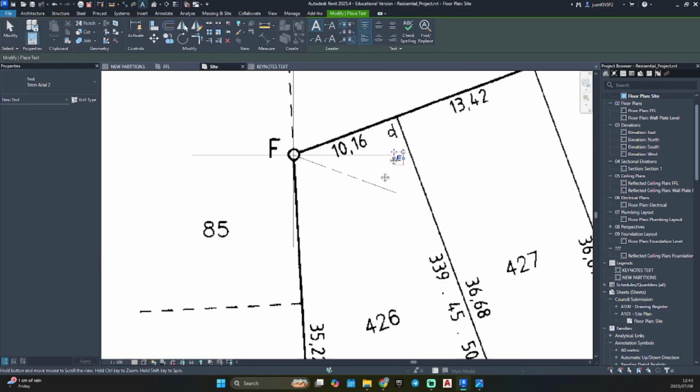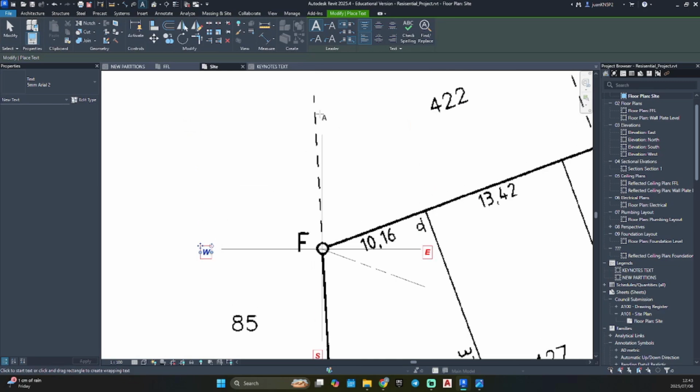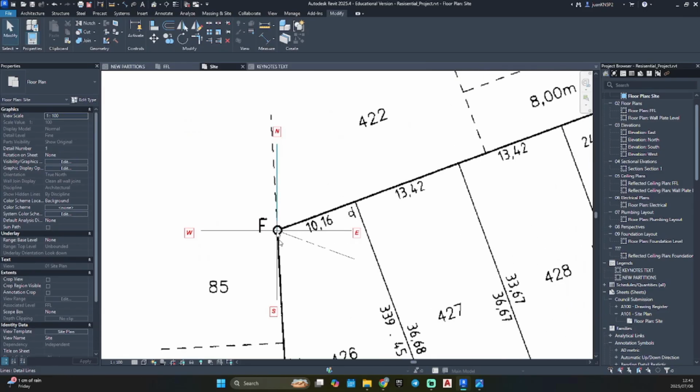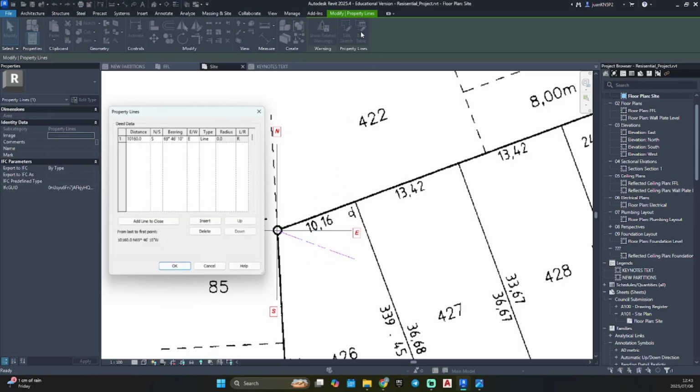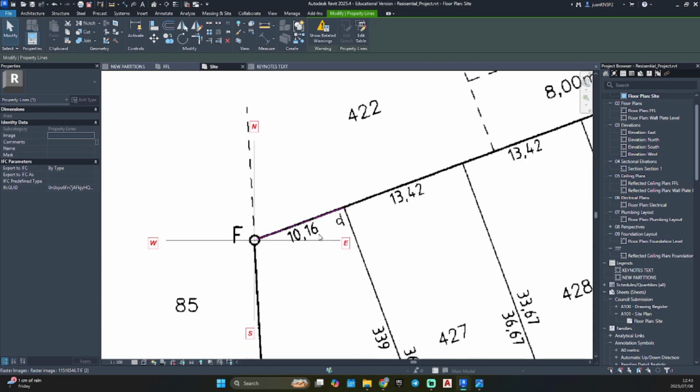So this is east, south, west, and north. So on that corner, our line lies in the northeast quadrant. So if you select your line, edit table, north, south, we know our line is lying in the northeast quadrant. We just set that to north, east. We set east, and our line is back to where it should be.